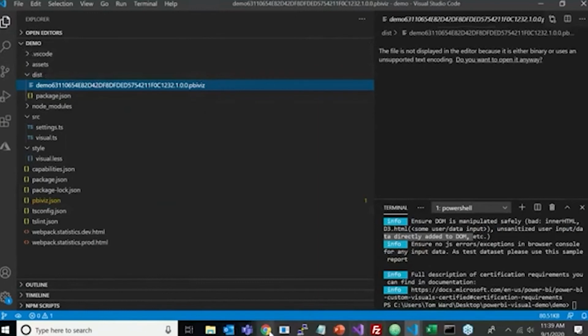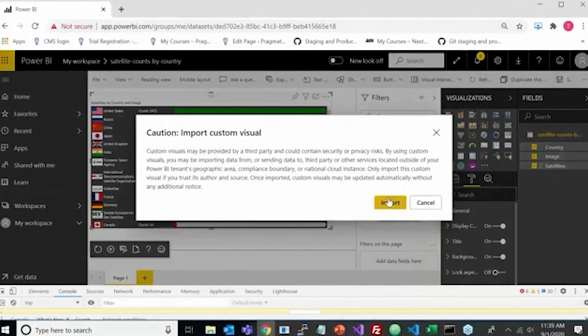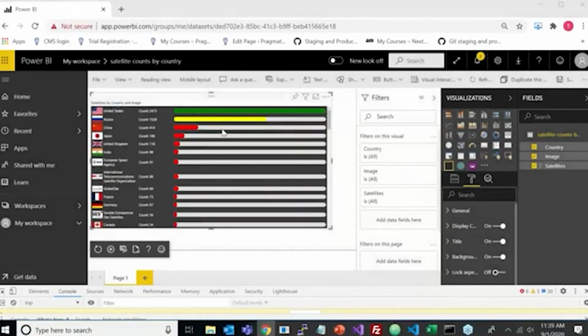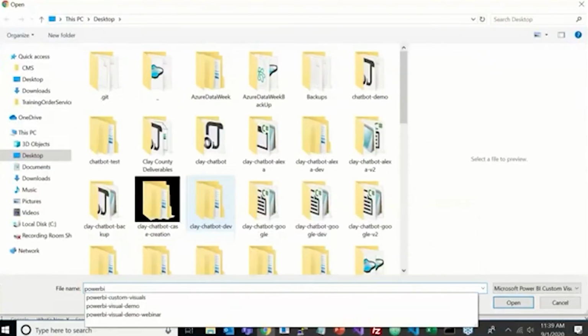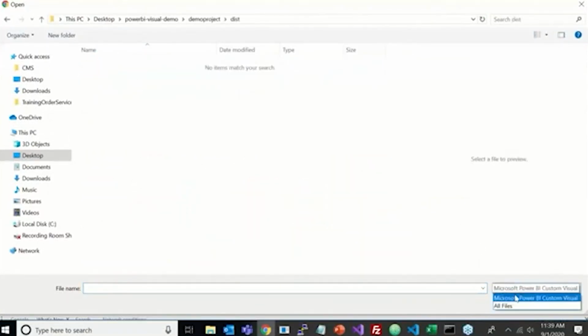So we'll go back into our Power BI custom visual here, and we'll import this from our dist folder. That's where it is. Power BI Visual Demo project, and under dist, we should have,